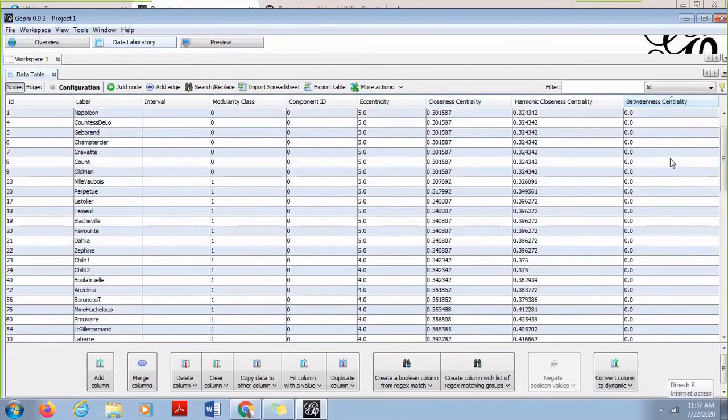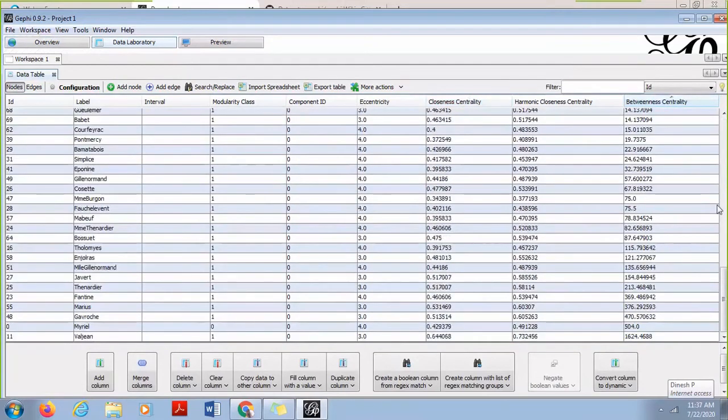So here if you observe, the last node, which is Wall Chain, has the highest betweenness centrality. Then there is Merrill, which has the next highest betweenness centrality. These are some of the nodes which are going to be important when you study this network. So if I go back to the overview part and display the text over here,